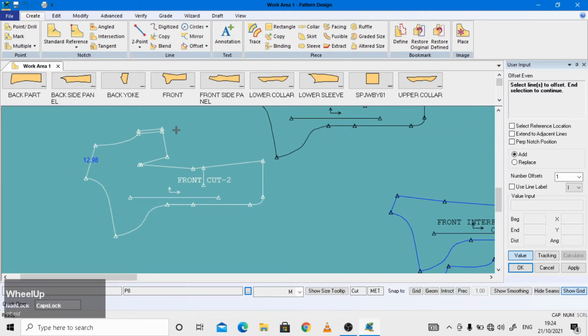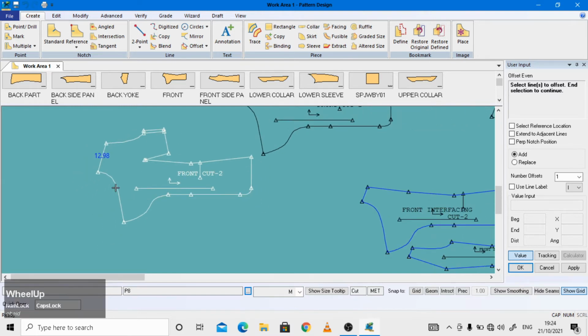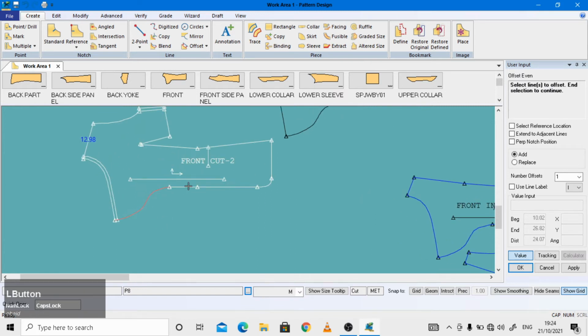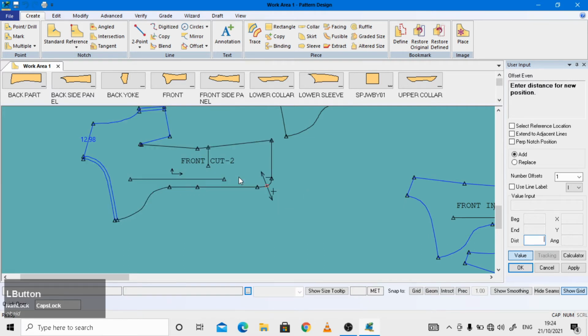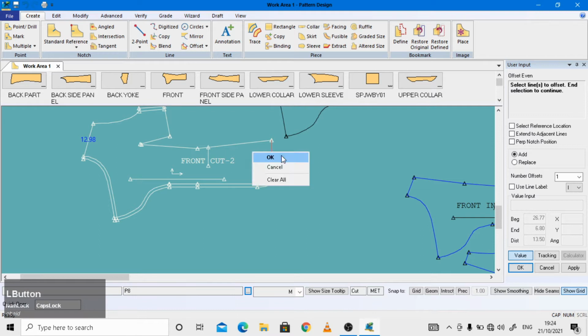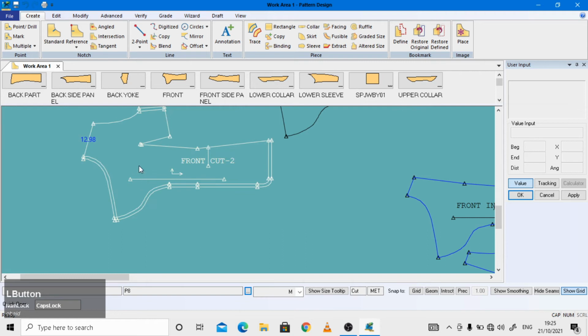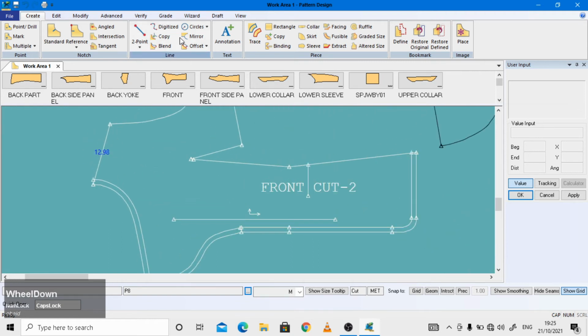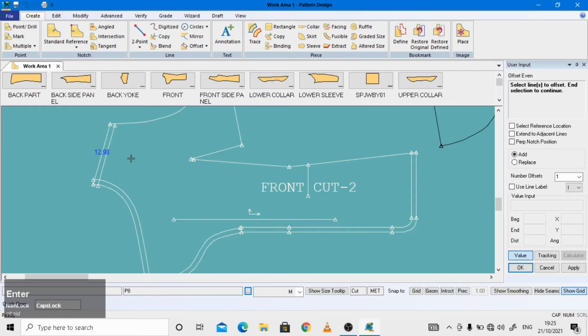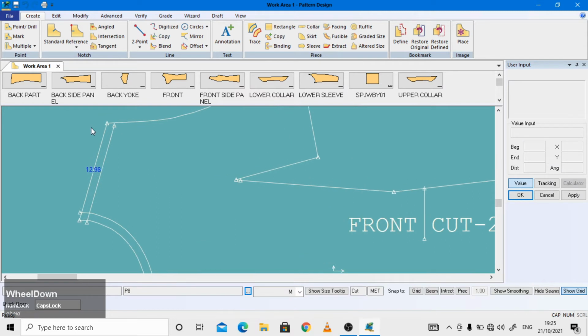And similarly we have to come to this line, -1, and hit the enter button. This line also, -1, hit the enter button. Similarly this side, -1 and hit the enter button, right click it. By this side also we have to reduce it by 1 centimeter, so -1, hit the right click and then